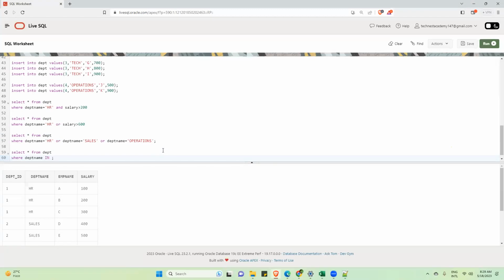We have an in operator. Within this, you write HR, sales, operations. I will tell you the meaning of this in operator. The meaning of this in operator is this query.